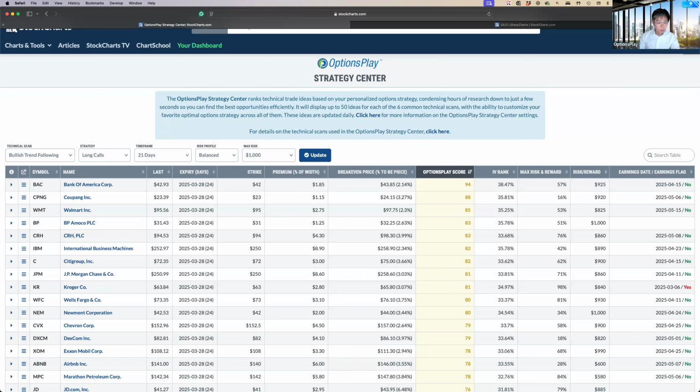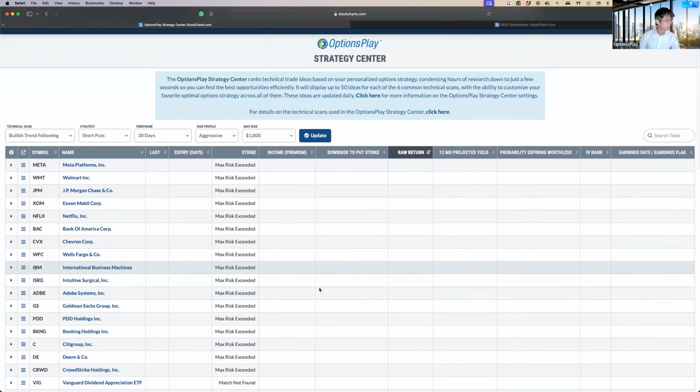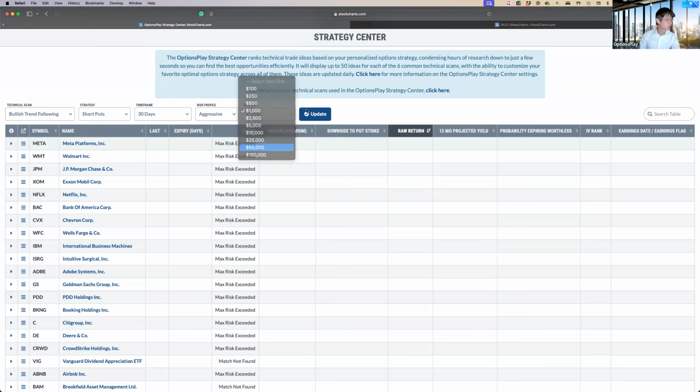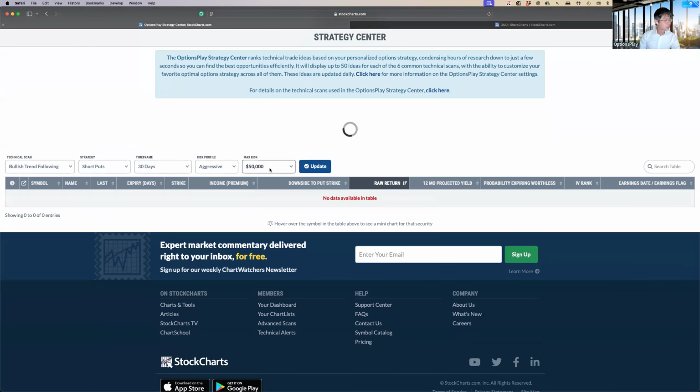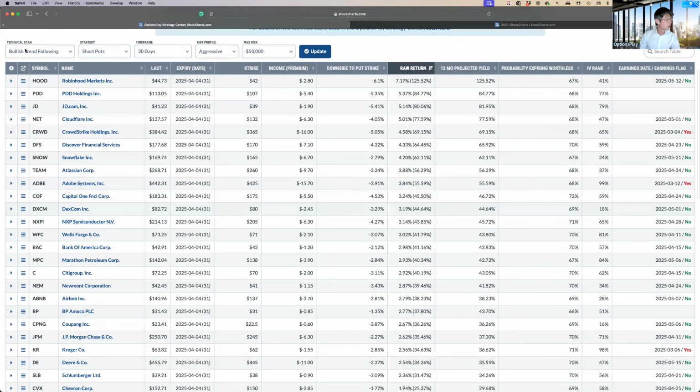Does it work well if we're a short put writer and want to know what stocks are trending bullish? Yeah, you absolutely can do that. So you can do short puts for any of the bullish scans, right? So bullish short puts, we automatically go to 30 days aggressive. So you do have to change the risk tolerance on that because it's taking into account the full risk of the short puts here. So for example, bullish trend following, Robinhood will collect the most yield at the moment